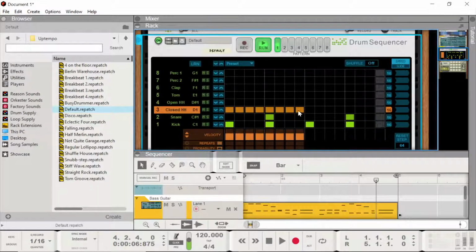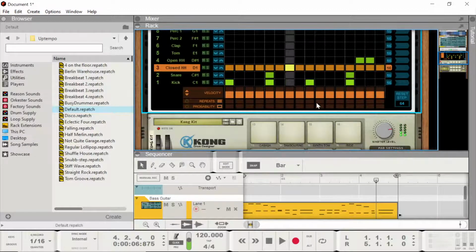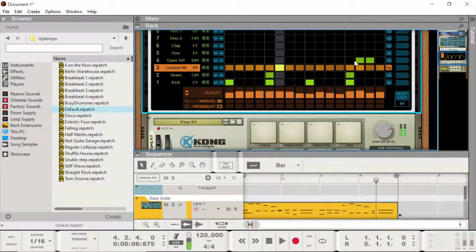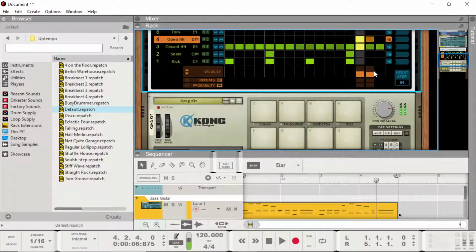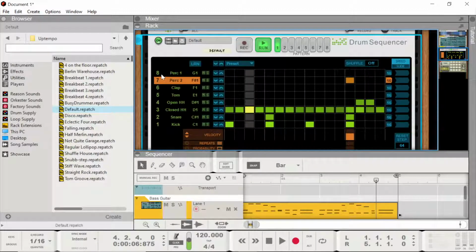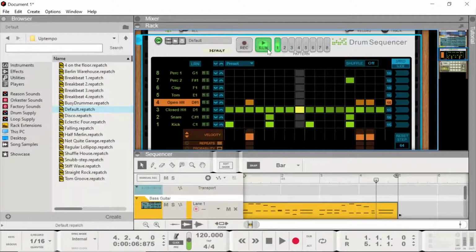Okay, I'm going to open up these hi-hats here. And I'm going to just hold my mouse button down on the velocity and go straight across and vary the velocities in a human way. So it just gives it more of a human feel. And let's do the same thing with the open hi-hats up here. How about this? So now we got a pretty cool